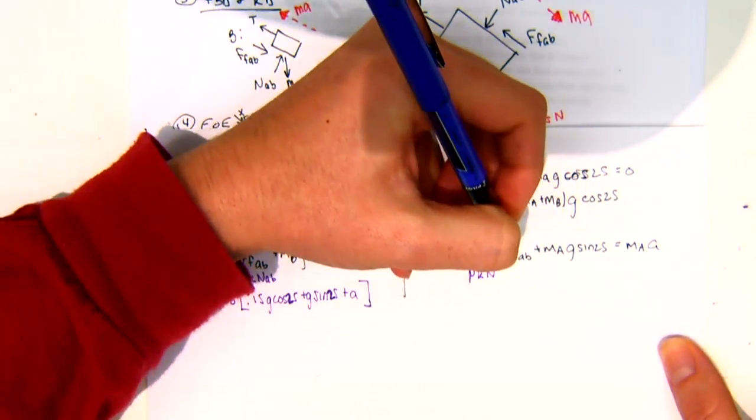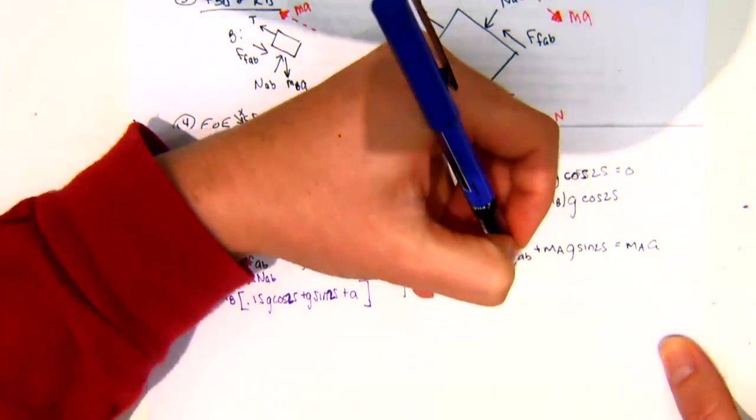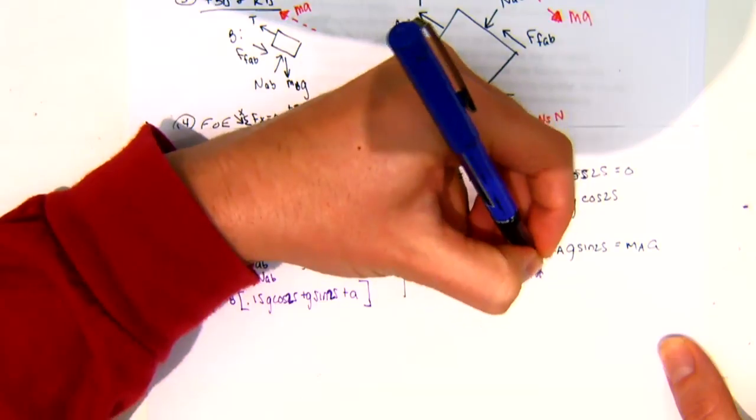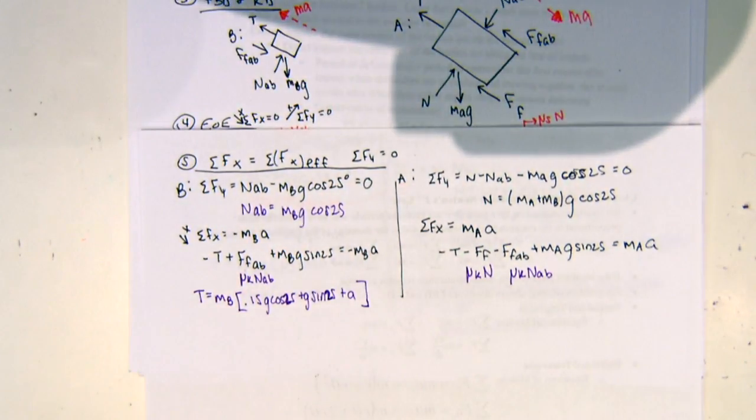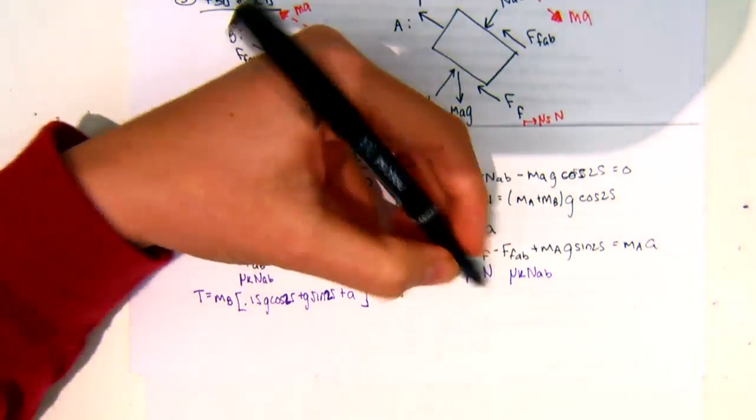We know that FAB was equal to mu k times the normal between AB. So solving again for the tension here, we get